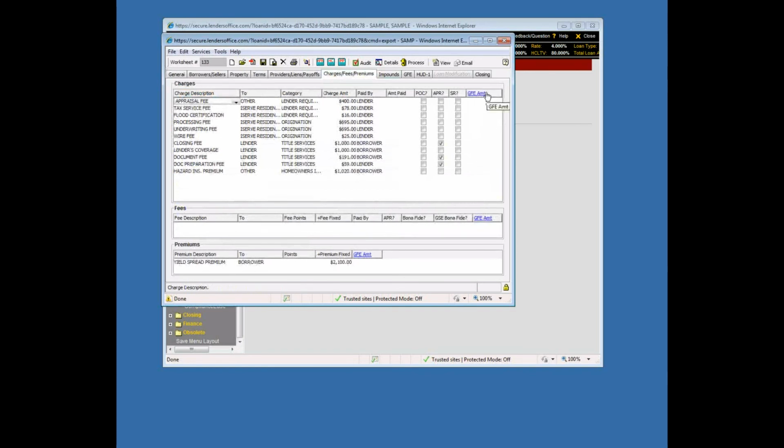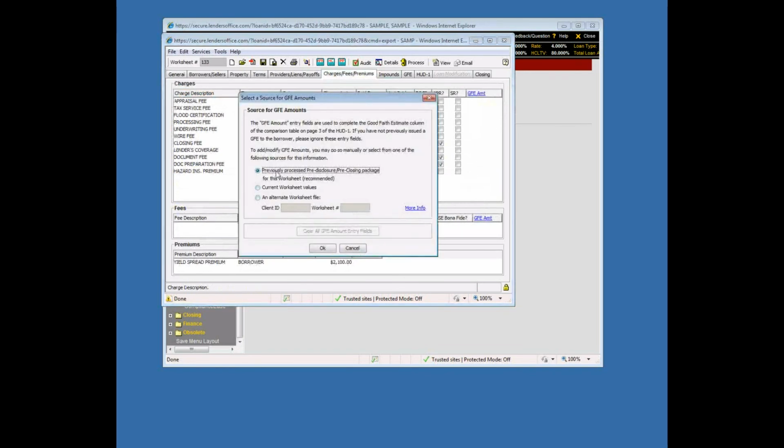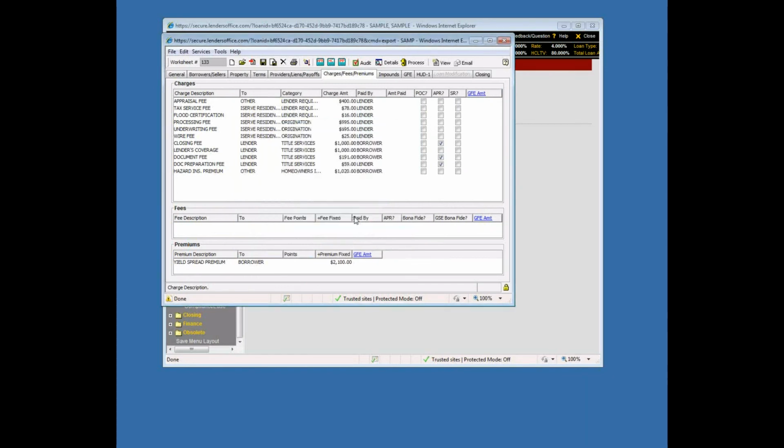Charges GFE, make sure that it'll take a look at what was actually previously disclosed as opposed to what is in there now, and it'll actually calculate whether or not that you've exceeded any tolerances, but you'll still go through the audit and process to